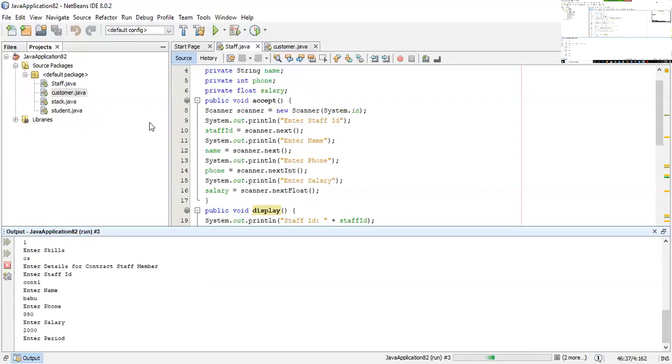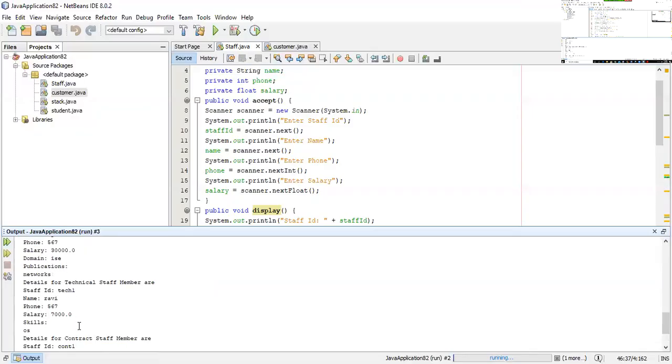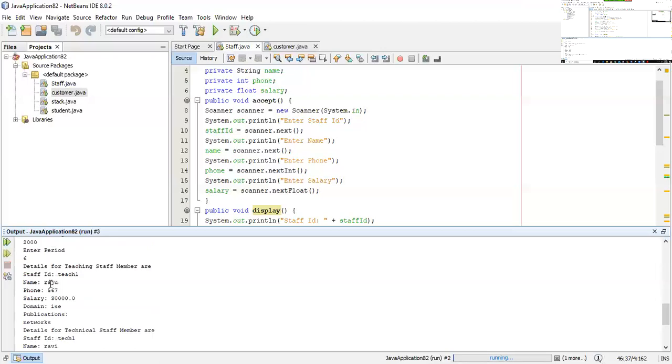And enter the period of time he is going to engage. Let us enter 6 months. Now, finally, after entering 6 months, the details are being printed. See here, the details of the teaching staff: ID, name is Raju, phone number, salary, domain,